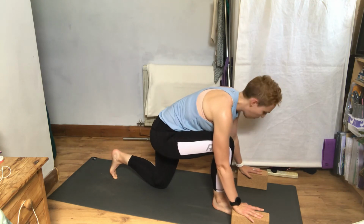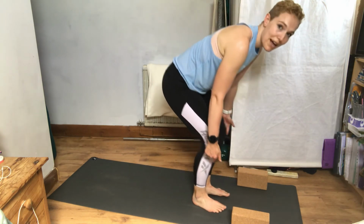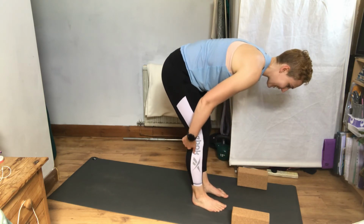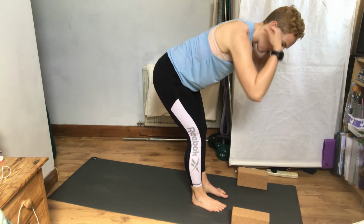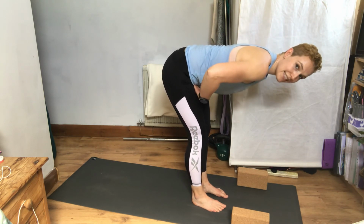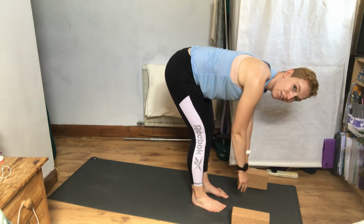Okay, let's do one more. So let's come up into a forward fold. So with your forward fold, you want to imagine that you have straps underneath the soles of your feet, underneath your heels, and we want to keep tension in those straps all the way up the back of the body, all the way over the top of the shoulders. So we're going to lift and lengthen the legs, tuck the belly in, working to keep the lower back open, the shoulders forward, and that's about as far as I can go,